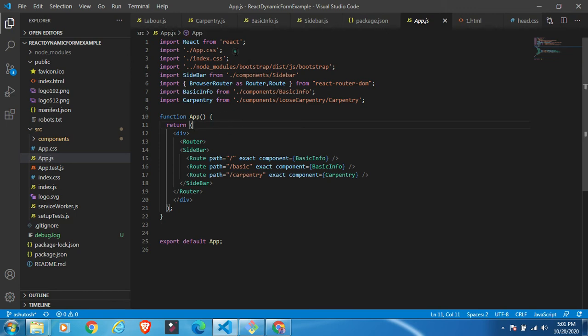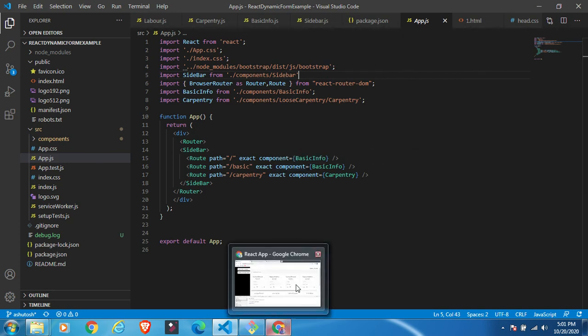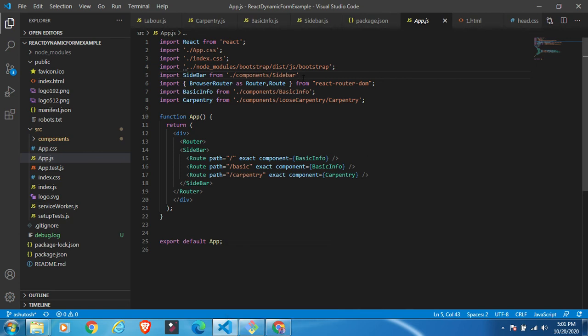You can notice here that some CSS is imported. Bootstrap is also imported, and the JS file is imported here to make Bootstrap work. However, you can write your own CSS, but this is the work of the designer, who knows everything about CSS and manages all this stuff. That's why I have used Bootstrap here. Bootstrap has some pre-built classes you will get. However, you can include your own CSS file also.